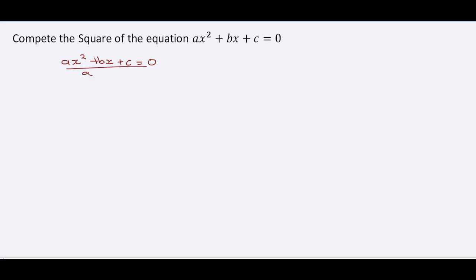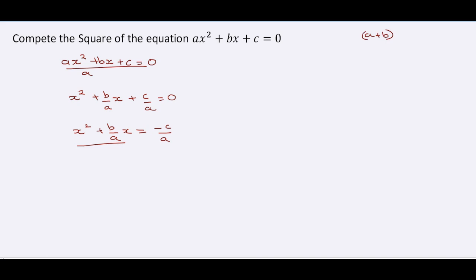So we divide by a, so we have x squared plus b over a x plus c over a equal to 0. Now we're going to move the constant term to the right hand side. So we have x squared plus b over a x equal to minus c over a. Now we're going to try to complete the square of this portion, and we follow this rule: